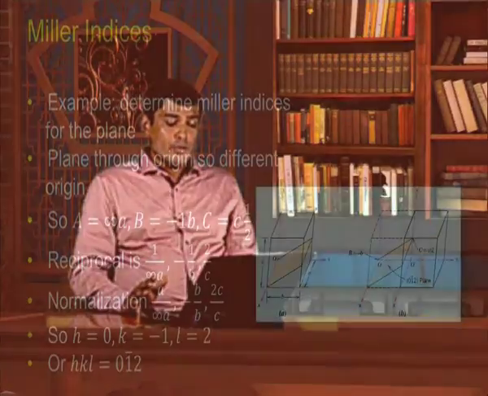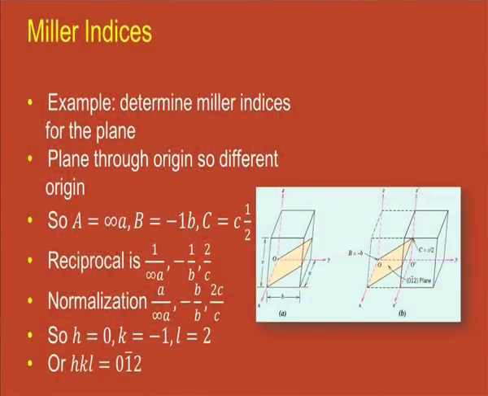Now, if we want to take an example to understand Miller indices, we can use the following example given in the image. We want to find out the Miller indices for the plane represented in yellow color. As we can see, the plane passes through the origin, so we have to shift the origin. Once we have shifted the origin, we can see the intercepting points for this particular plane in